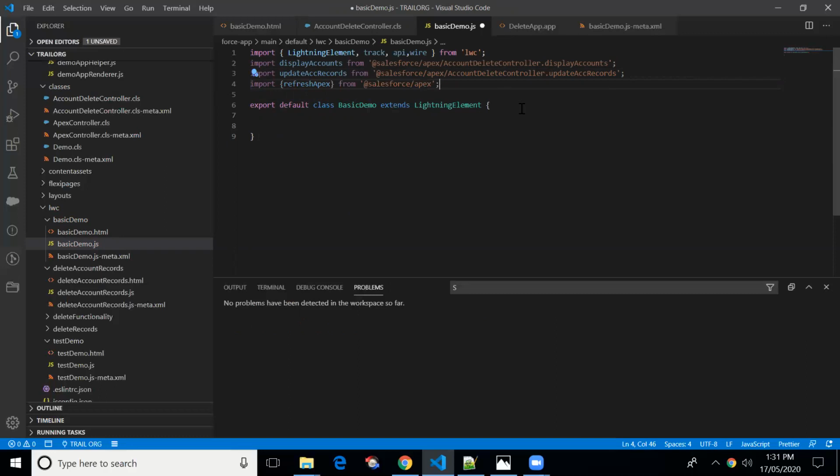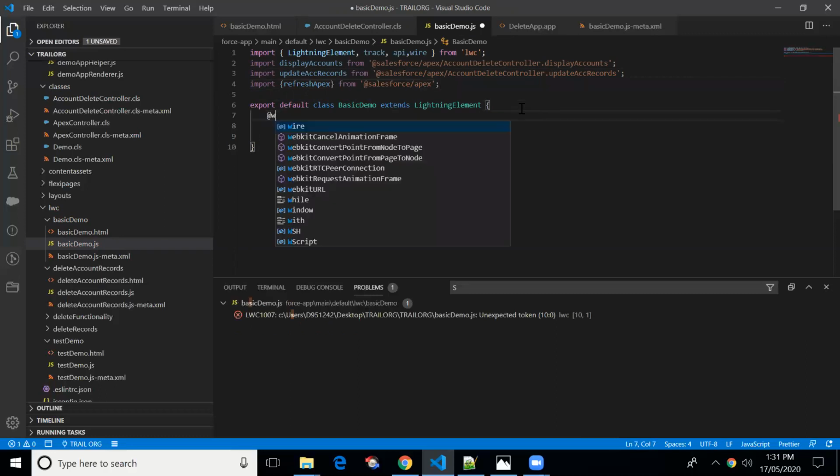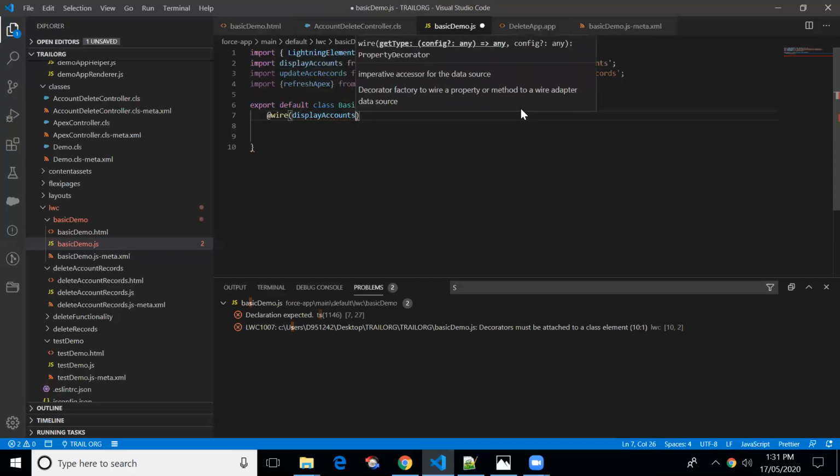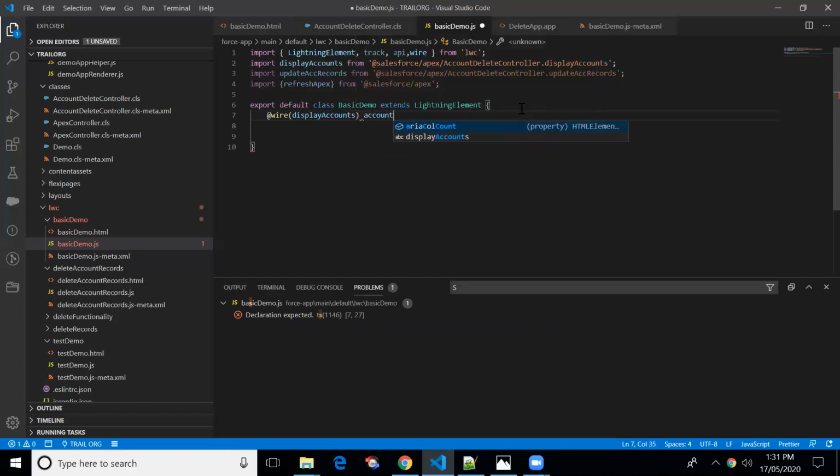Next, we'll be displaying the data with the help of the wire property, with the name of the method and the reference variable. accounts will have two properties: one is data and the other is error.